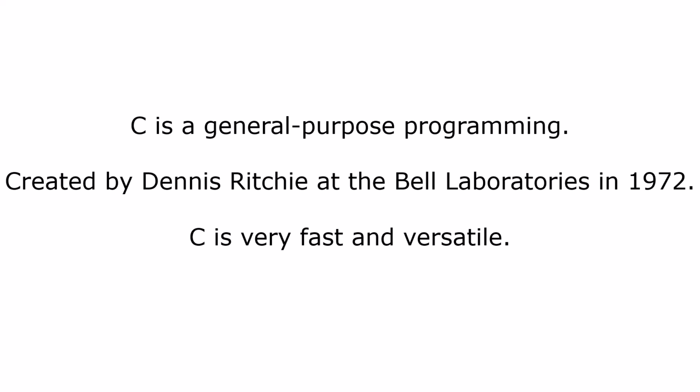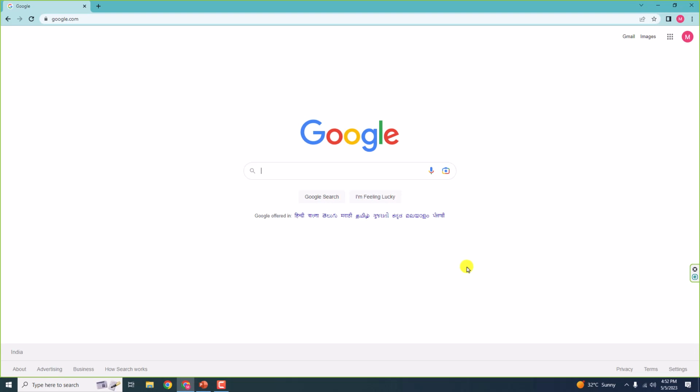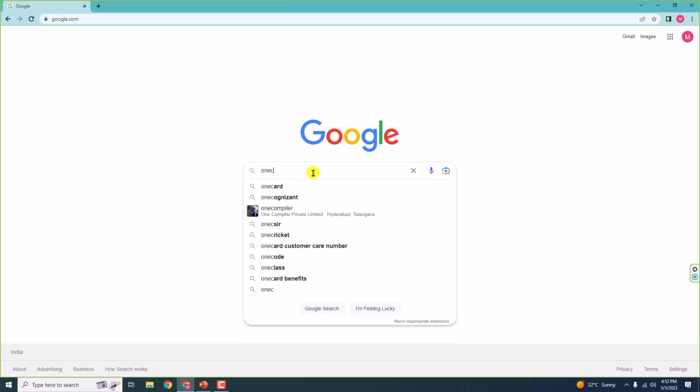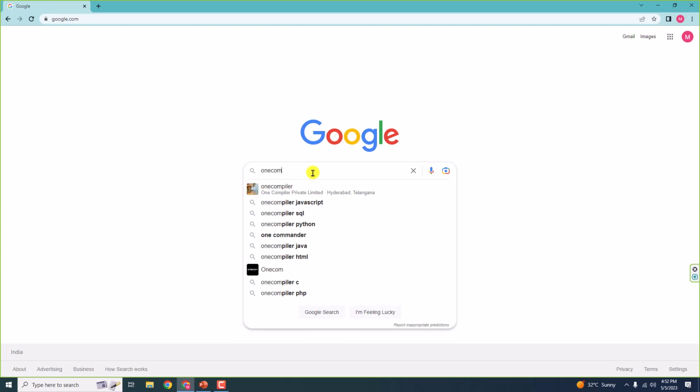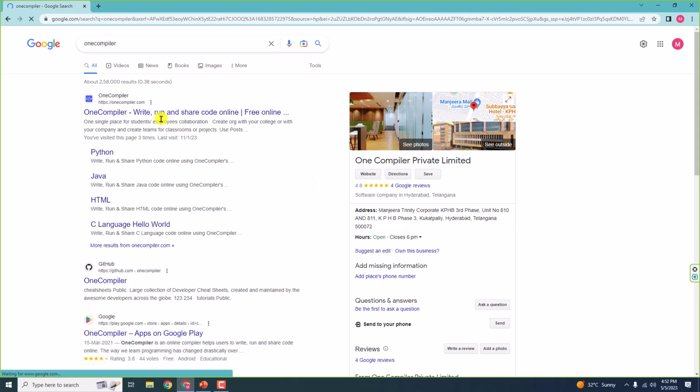Alright, so without further delay, let us start learning C programming. Now, since you are a beginner, I do not want you to install any software to write C programs. Instead of that, we will use an online compiler. So what I want you to do is go to google.com and search for one compiler, and hit enter. Go to the first website, onecompiler.com,